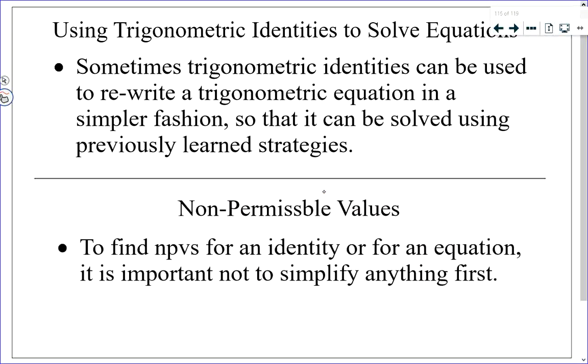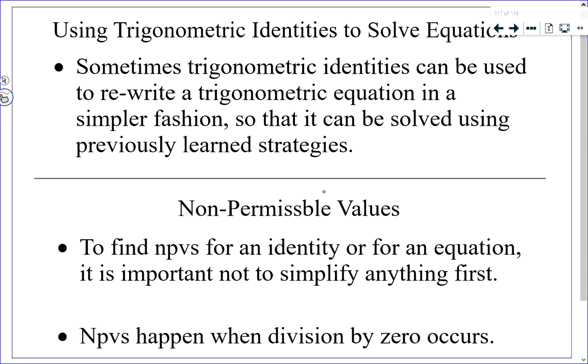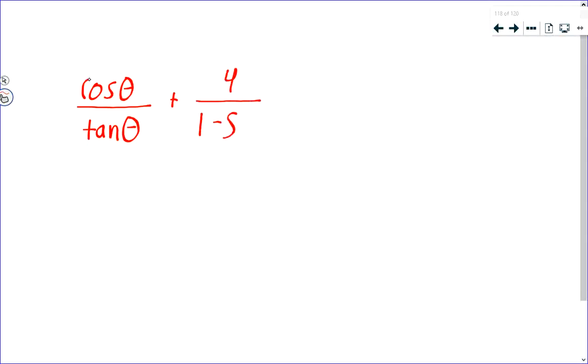Non-permissible values. Remember that to find non-permissible values for an identity or for an equation involves looking at any value of theta or x that makes division by 0 happen. Now I want to discuss something with you here, because this is the last thing, but I want to make sure I go over this with you because on your exam many of you made this kind of mistake. If I had some expression that had, doesn't matter, cosine of theta over tan of theta plus 4 over 1 minus sine of theta,